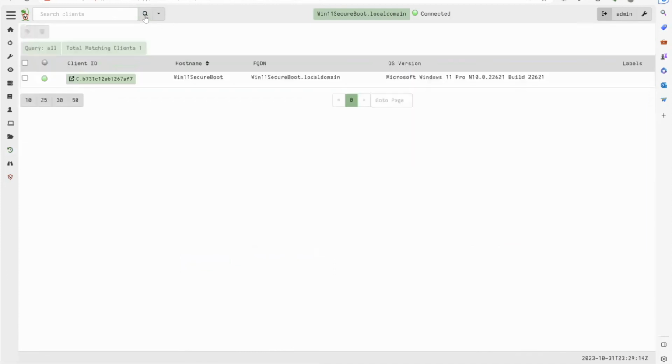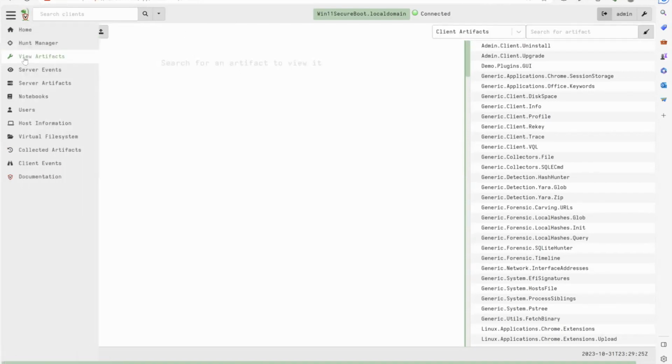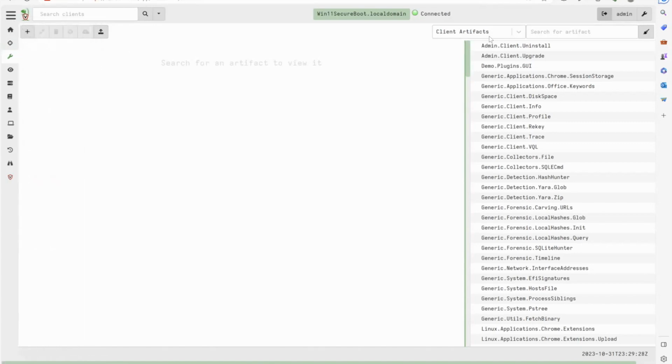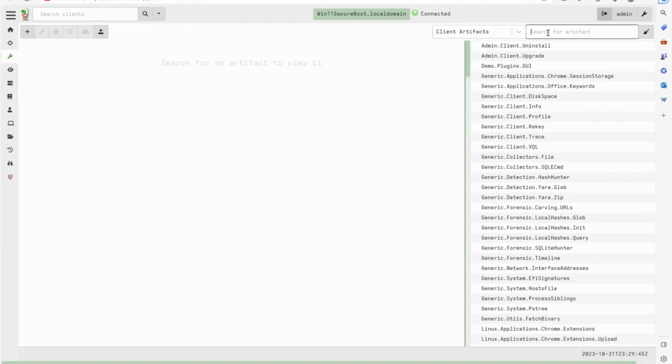The next thing I wanted to show was artifacts. So you probably saw me search on the prefetch and be able to find that pretty effectively, but this view here is our view artifacts. And this will be somewhere I think that you live if you're looking at developing content or looking at using content. The secret to Velociraptor is kind of knowing what to search for and what keywords. And you can see here we've got kind of like a limiter that will let us target specific types of